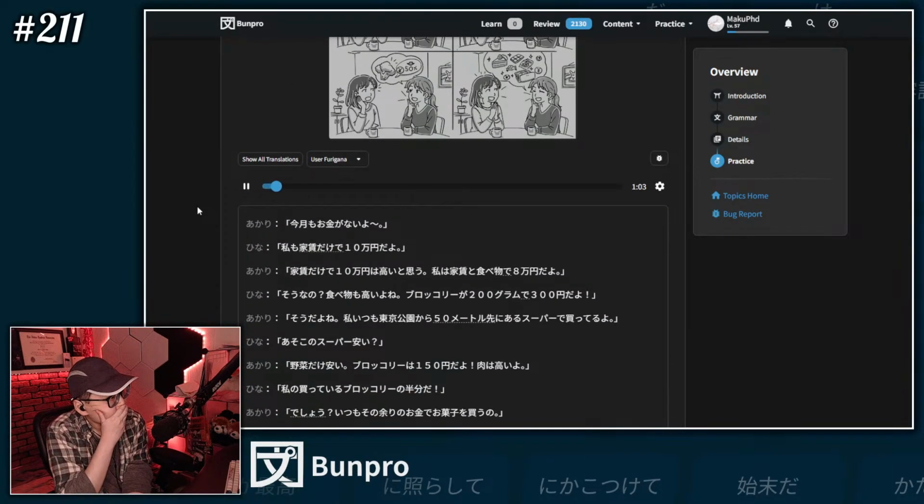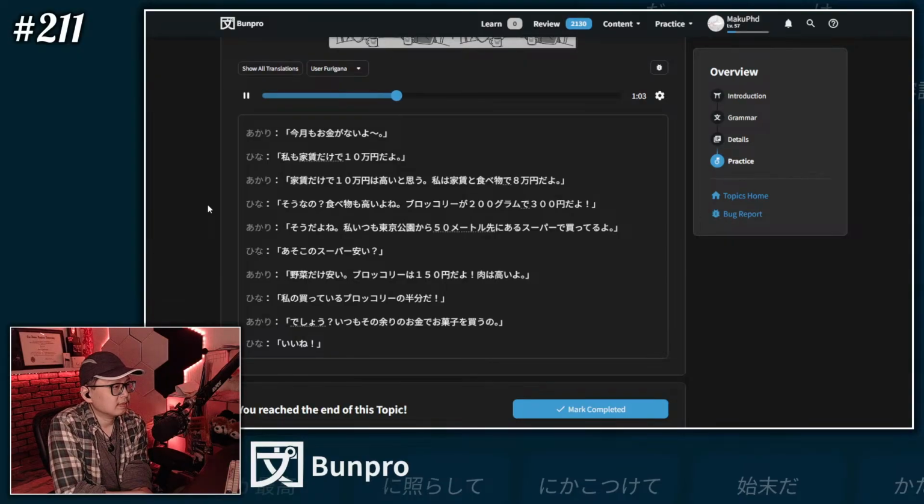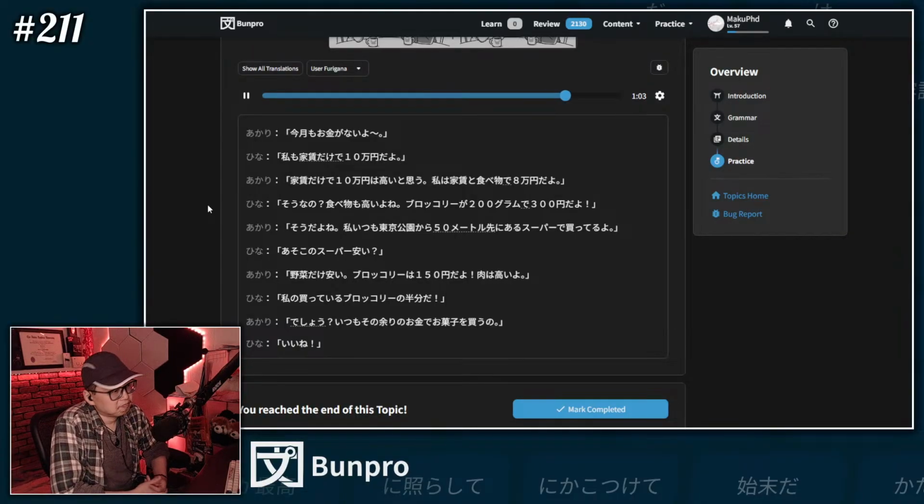あかり、今月もお金がないよ。ひな、私も家賃だけで10万円だよ。あかり、家賃だけで10万円は高いと思う。私は家賃と食べ物で8万円だよ。ひな、そうなの？食べ物も高いよね。ブロッコリーが200gで300円だよ。あかり、そうだよね。私いつも東京公園から50メートル先にあるスーパーで買ってるよ。ひな、あそこのスーパー安い？あかり、野菜だけ安い。ブロッコリーは150円だよ。肉は高いよ。ひな、私の買っているブロッコリーの半分だ。あかり、50% off is pretty good, でしょ？いつもその余りのお金でお菓子を買うの。ひな、いいね。